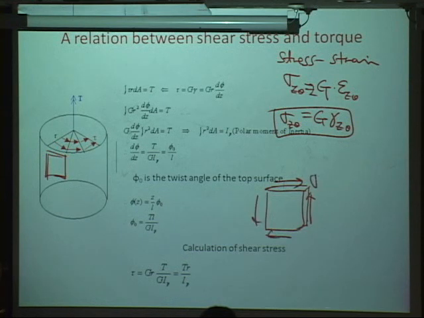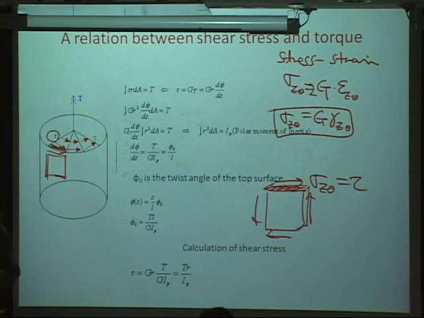This is the sigma z theta, or simply we call tau, representing shear stress, z theta. So as you can see here, on the top surface, we have this tau,